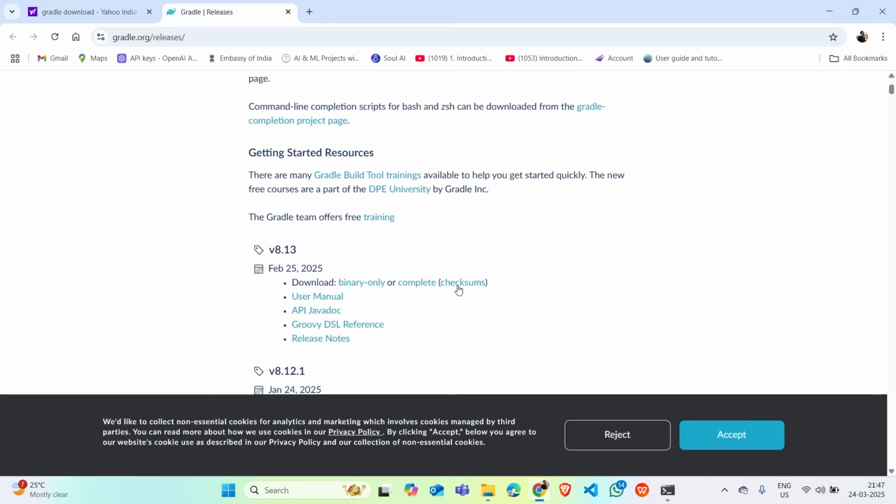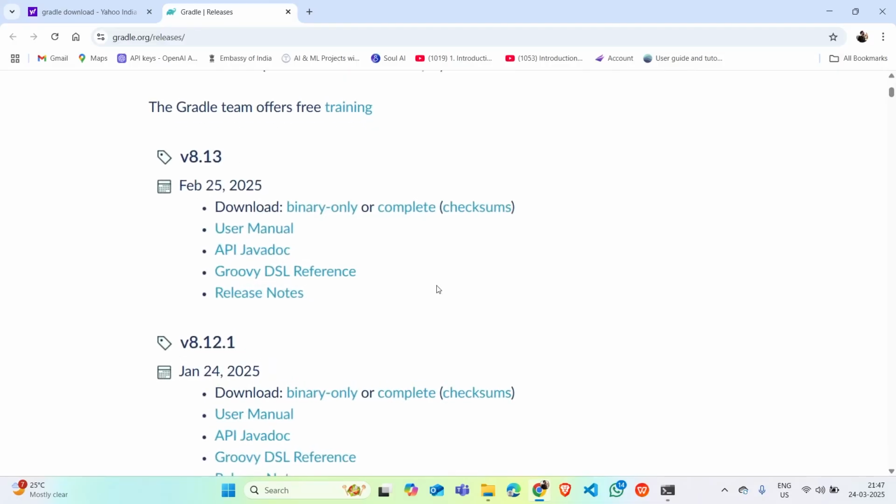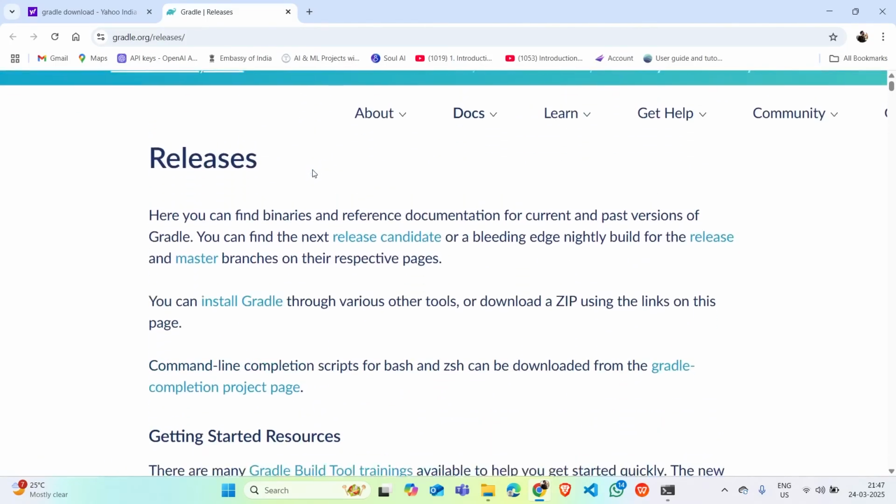Okay, if you scroll down, you can see there is an option for downloading something. Let me accept the cookies. See, you can download the binary or the complete, your choice. I will click on this binary, guys. Please check here, in the releases